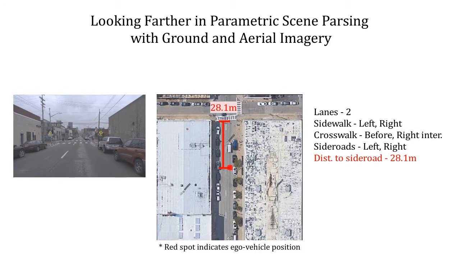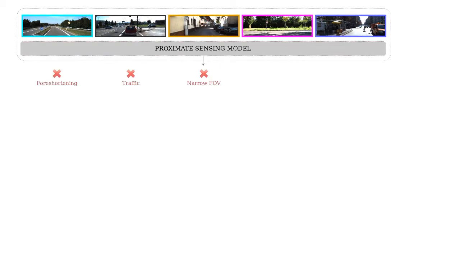Distance to the intersection is 28.1 meters. And the width of either side road is 7.4 meters. Prior works addressing this task use ground imagery as their only modality. However, by relying only on ground imagery, these works are limited by perspective foreshortening, occlusions and narrow field of view